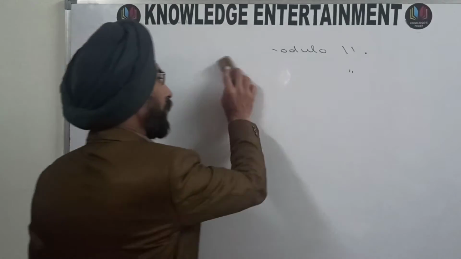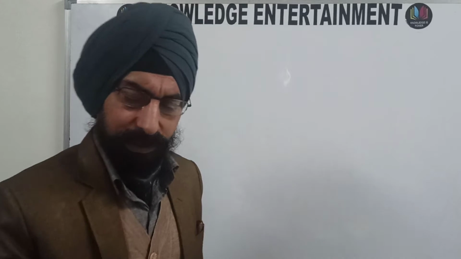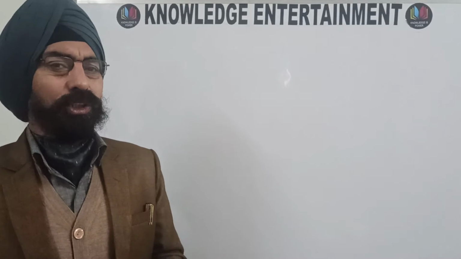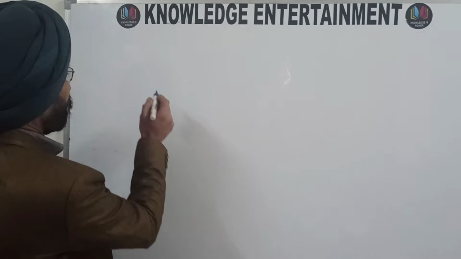Actually, I am talking about primitive roots, indices, order of an element, exponent, etc. So let us see one by one what these things are, how to understand these, and how to apply these for checking whether a particular number is a quadratic residue or a quadratic non-residue modulo some particular number m. So let us see one by one.